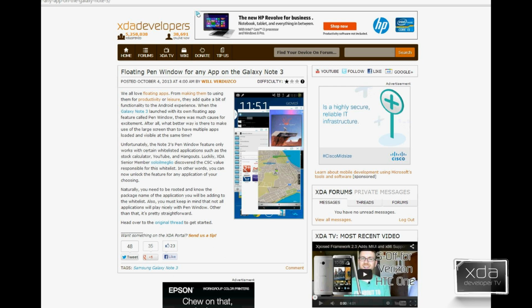Will posted 3 articles on the XDA portal referencing some mods that we're going to show today. The first one is the region unlock by Chainfire. This disables the region lock that Samsung put in on the Note 3s. An example would be buying a Note 3 from Europe and using it in the US. You can use this application itself, and you no longer have to activate it with a European local SIM